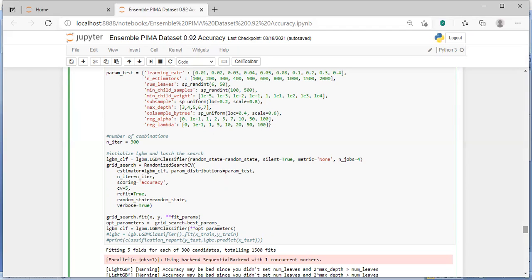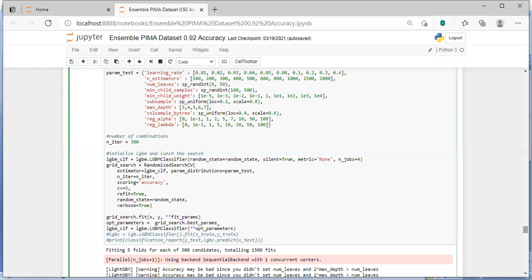So grid search dot fit, that is x comma y, and you are passing the fit parameters. For the optimum parameters, you are giving grid search dot best_params_. The LightGBM classifier is equal to the LightGBM classifier, and you are passing the optimum parameters. You got my point? I am doing the random search CV, searching randomly and finding the optimum parameters.